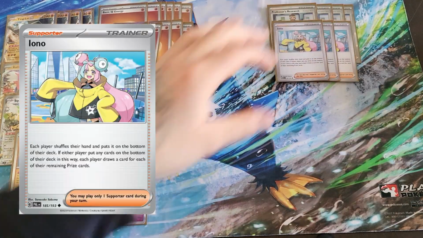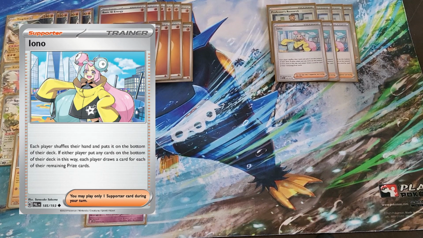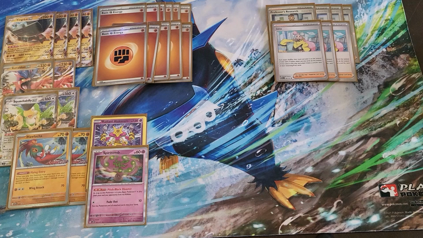3 copies of Iono. Each player shuffles their hand, puts it onto the bottom of their deck, and then draws a card for each prize they have remaining. This is more or less for the mid game. Your opponent is going to get ahead of you in prizes. If we play Judge, everybody's getting 4, always getting 4. But as we don't mind a slower game and building up to where we want to be, Iono could give us 6, give them 4, give us 6, give them 5. Iono had more value in testing than Judge,